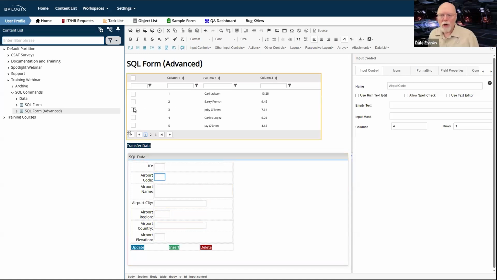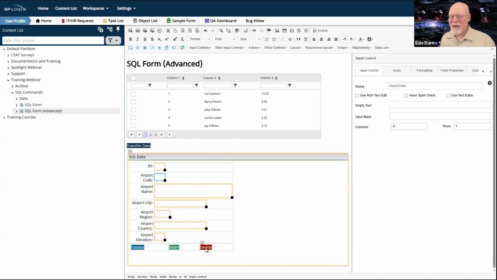We'll be able to go grab some data out of our 857 record long list of airports, and then we'll be able to update them and delete them. And then we're going to talk about insert. Maybe I should have put these in a different order, but I think update, insert, and delete is the order you want to see them on the page. And I think that will probably be the better order to talk about them in, especially because we'll leave the most dangerous thing you could possibly do, the delete command, for last.